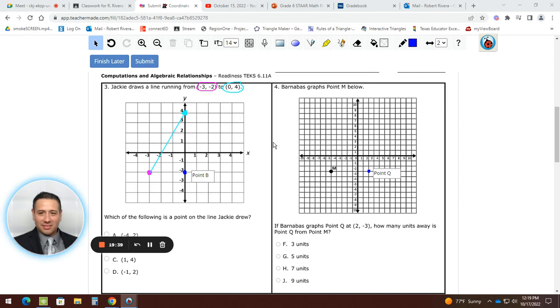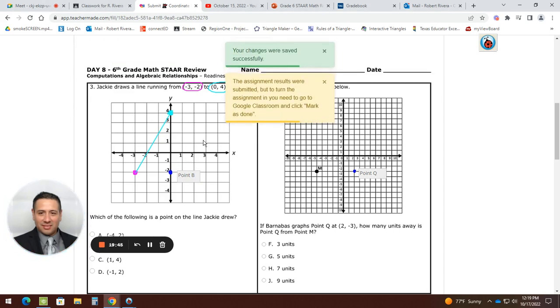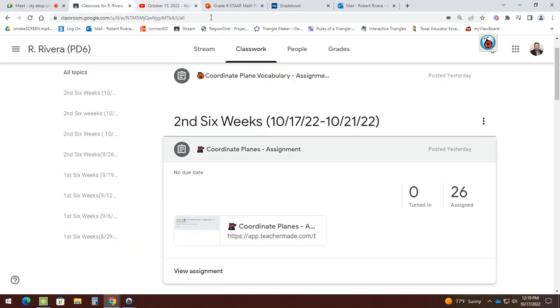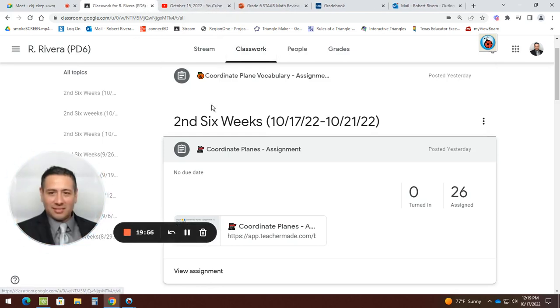Now, you forgot what you're going to do? It's going to be in the video, the 20-minute video. You're going to click finish later, let it completely load. And once you let it completely load, then you can close it and you're going to finish later. Okay? And I am done with the